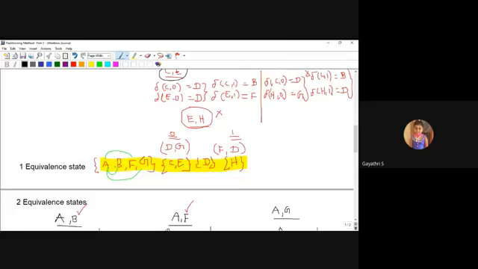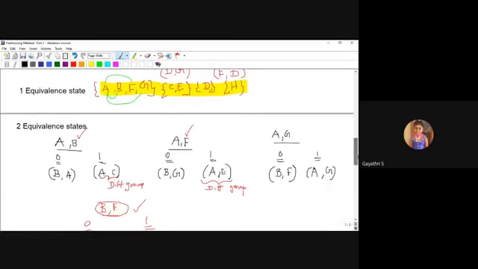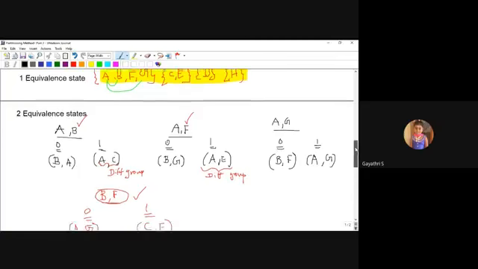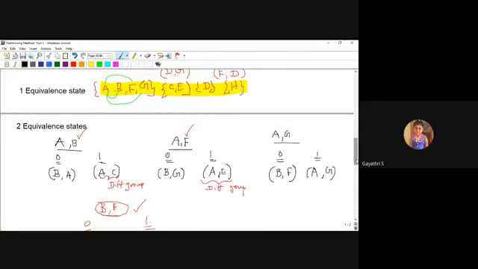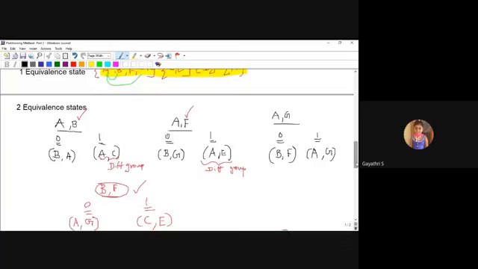H is separate. D is already a final state. So two equivalent states are the same thing. We repeat the procedure of the one equivalence. Okay. So I will check here or here too. There are two states, B and F. These two states are segregated from the existing group. So I will check whether there is any possibility to make these two states single. Yes, B and F. The transitions on B and F go to the same state. So it is possible to make them a single group.